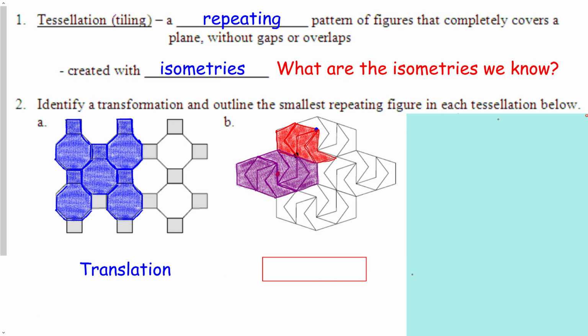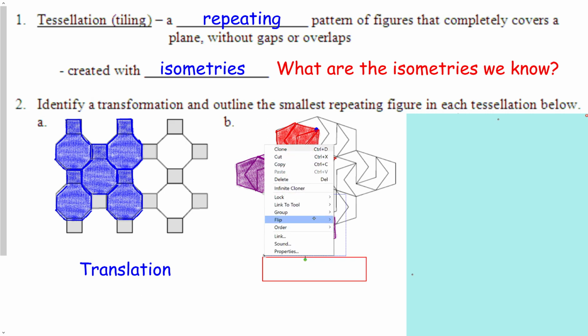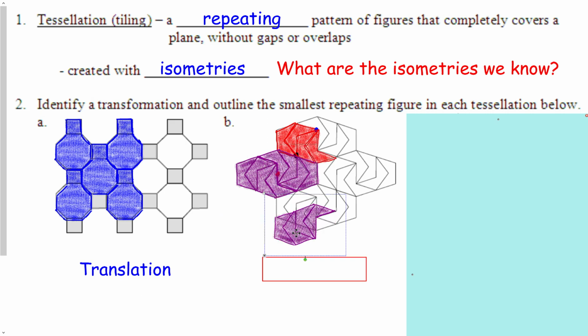So now I always ask the question, if I took this purple one and continued it, how would I get other parts of the tessellation? Some people will inevitably say reflection. So I always challenge that, and this is easy to do with the smartboard here. If I reflect over this vertical line,